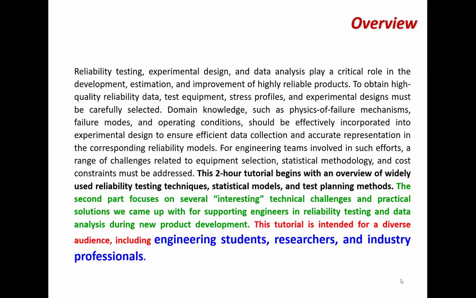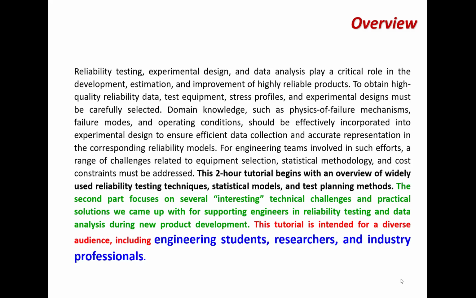I would like to first give an overview of this tutorial. This 2-hour tutorial is going to begin with an overview of the widely used reliability testing techniques, statistical models, and testing methods. Then I'm going to spend a little more time focusing on several interesting technical challenges and also some practical solutions we came up with to solve those problems